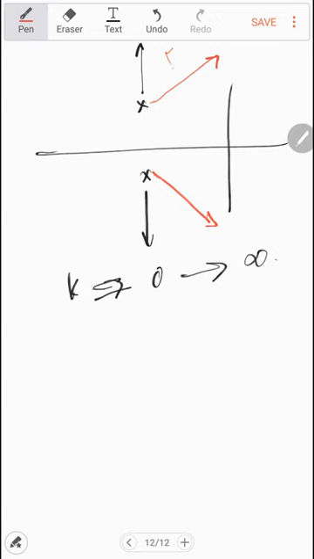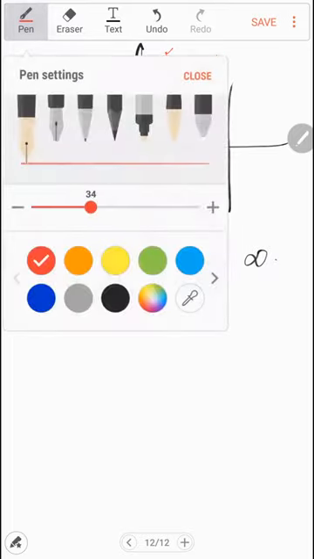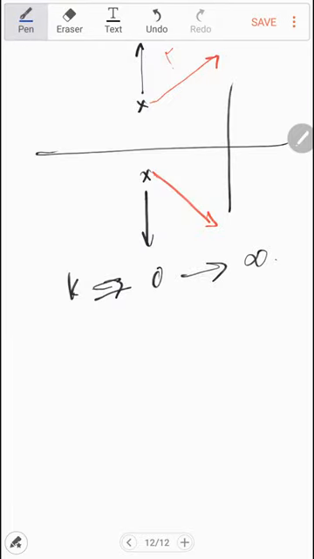This is called symmetry. If the above one is moving in this direction, then the second one will also move in this direction. So this is called symmetry, and you will get a mirror of the root locus above and below. We have to use this symmetry when plotting the root locus, especially when we have poles in the complex plane, because in the complex plane we should follow the symmetry.